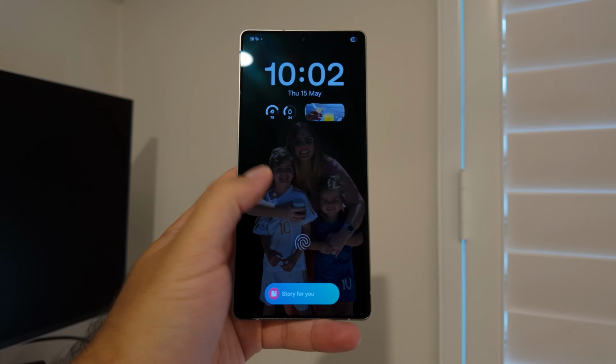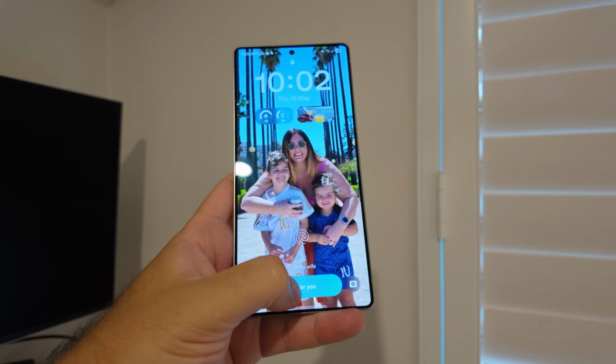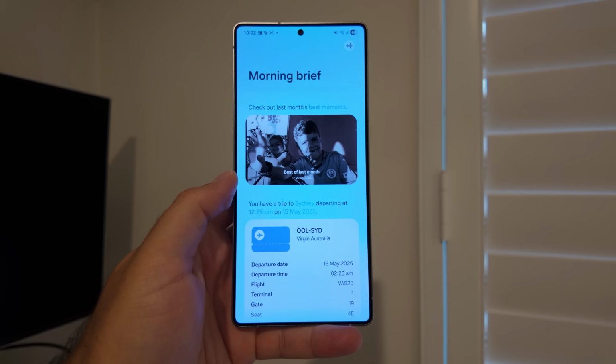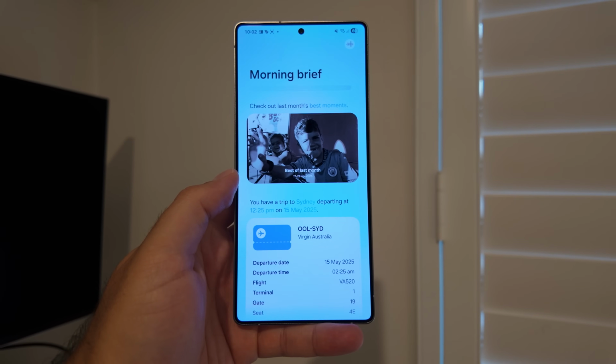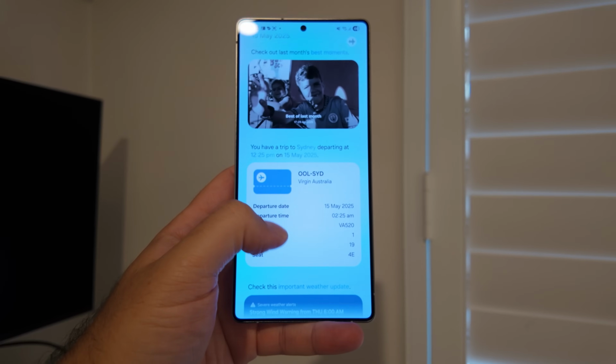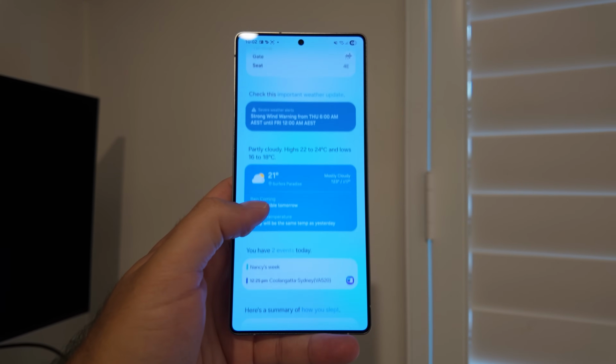The previous build also had some extra Now Brief time slots throughout the day. Normally it does check-ins for morning, afternoon, evening, but it started to do things based off travel. So if you had any travel coming up and it picks it up from your calendar, it slides that into the Now Brief and you click on it and it shows you.